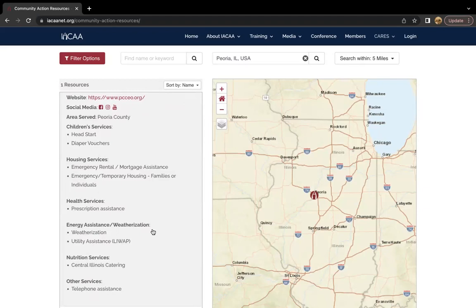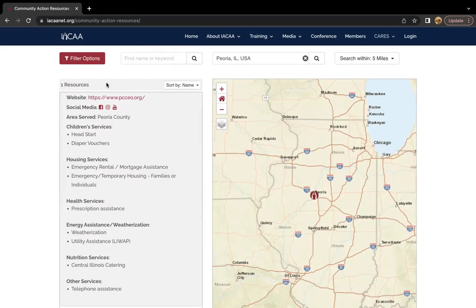And they say, this is really great that you have this program that is helping me pay for water with LIWAP. But I really need some assistance with other utility costs as well. And so we want to point them in the direction of a nearby agency offering things like LIHEAP services, right?